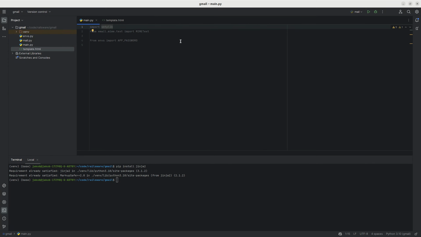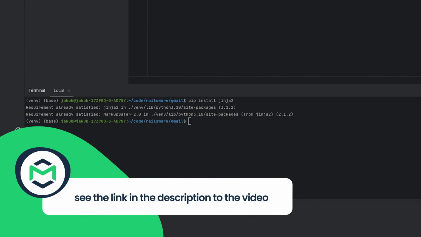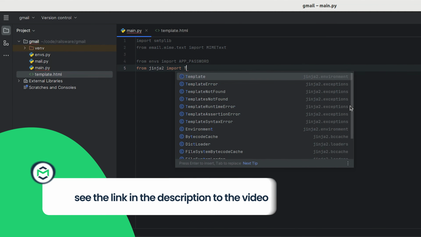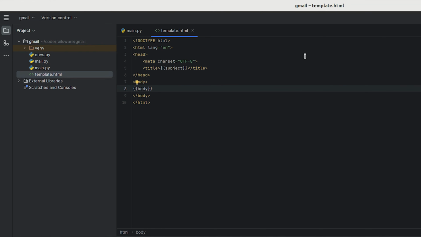If you want to send an email using an HTML template, instead of having the HTML in the body, you can use the template class from the Jinja2 package. The link to this can be found in the description of this video. The package is installed with the pip install jinja2 command. In our template, placeholders are defined, such as body and subject, which Jinja will replace with actual values from our